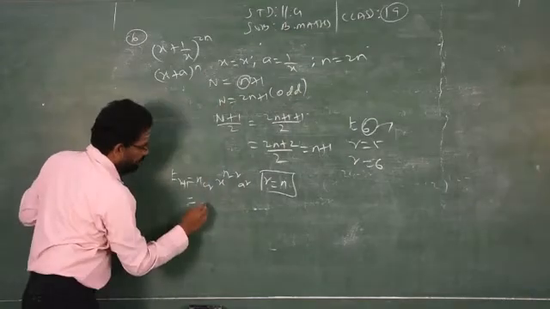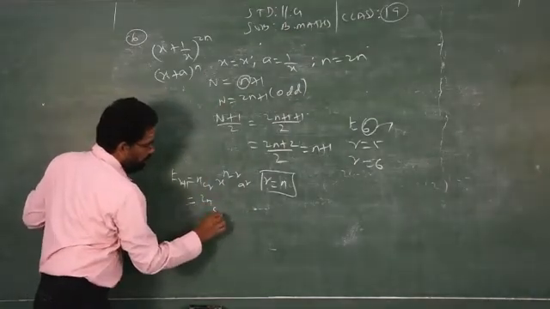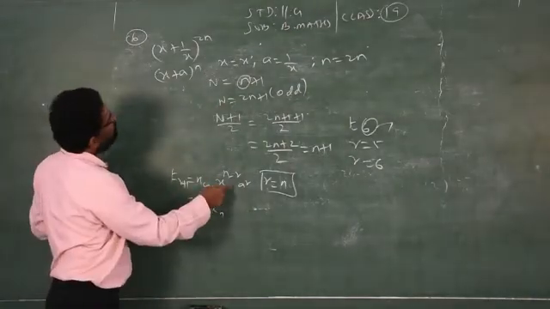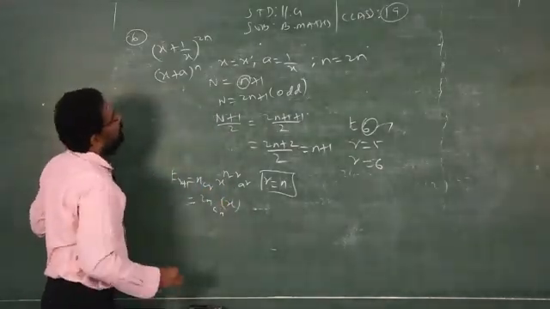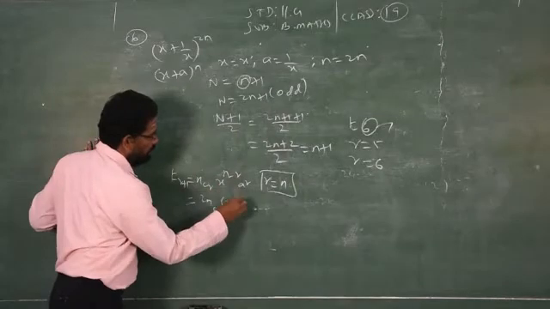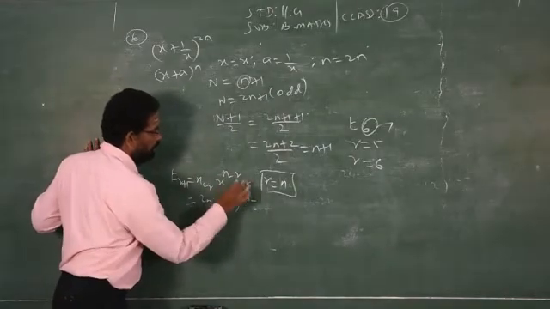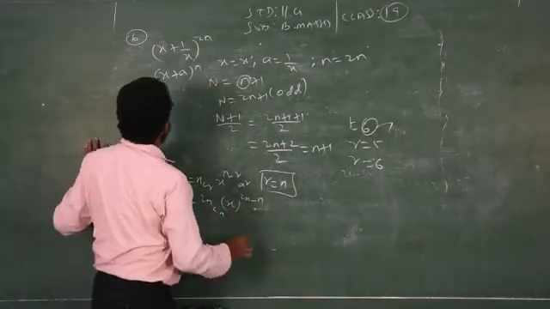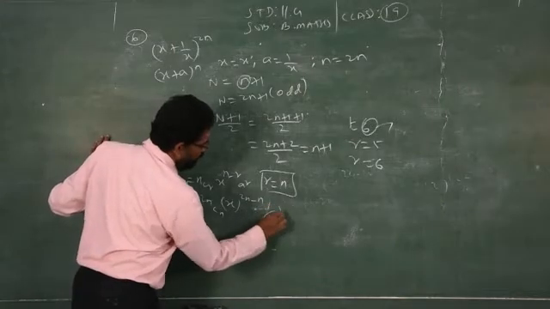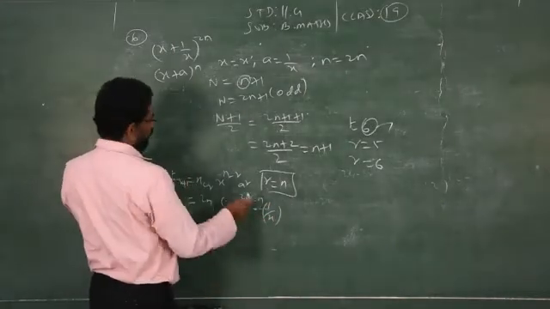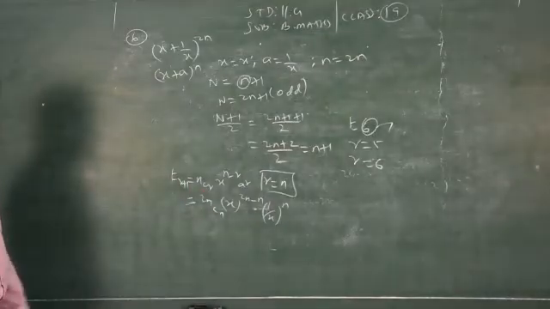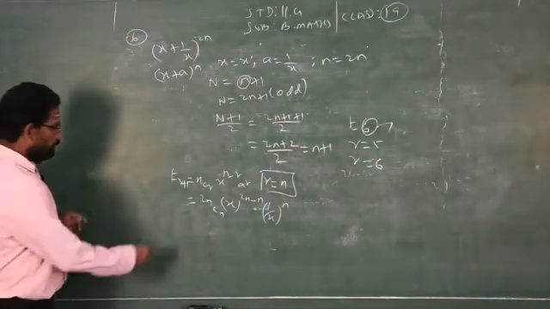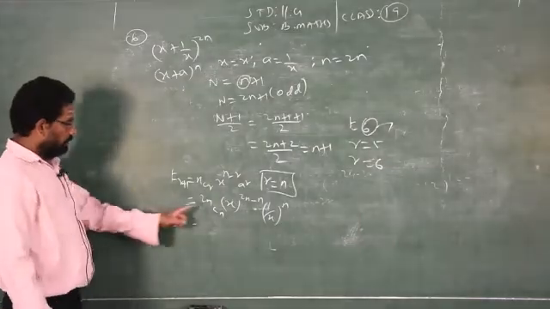So I am replacing all this information in this general formula. n is replaced by 2n, r is replaced by n. Then what is my x? x is x only. x power n minus r, n is 2n, r is n. Then what is a? a is 1 by x power r, r is n. I am just replacing the information in that question. That's all. Then you know how to write 2nCn.